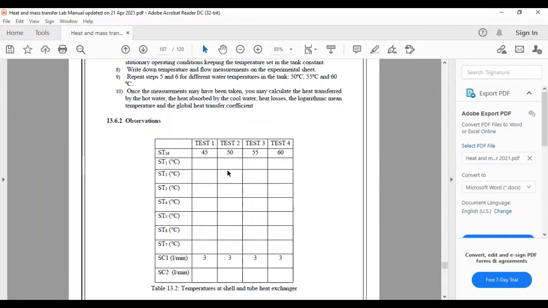So there is a need to take all the safety precautions relevant to electrical safety, because all the apparatuses are running on heavy voltages. So we need to check all the switches and sockets and their capacity, that can they bear the load of these heat exchangers. And further we need to wear all the personal protection equipment, so that any accident or any risk can be avoided. So now let's move towards the lab and we will learn further how we will perform this experiment.